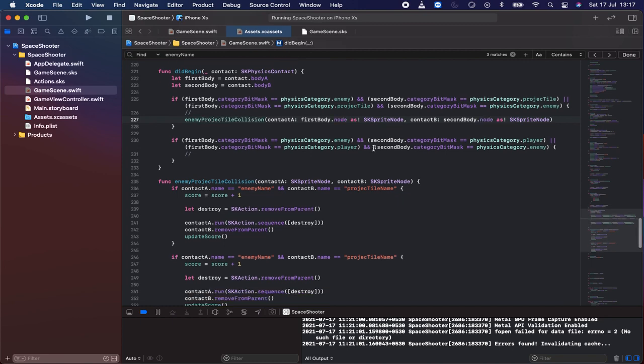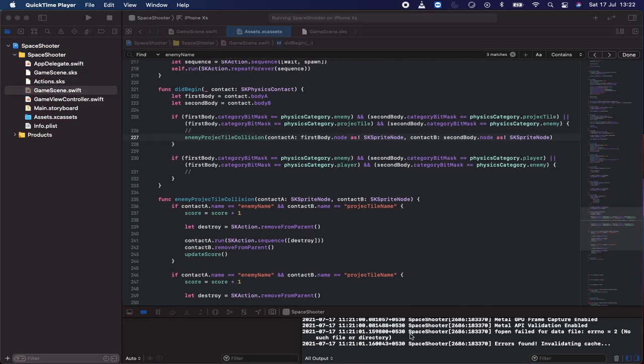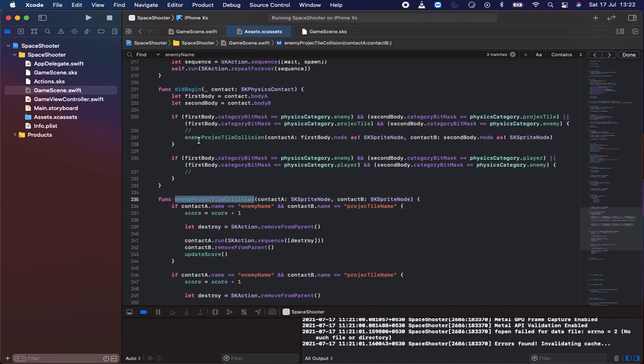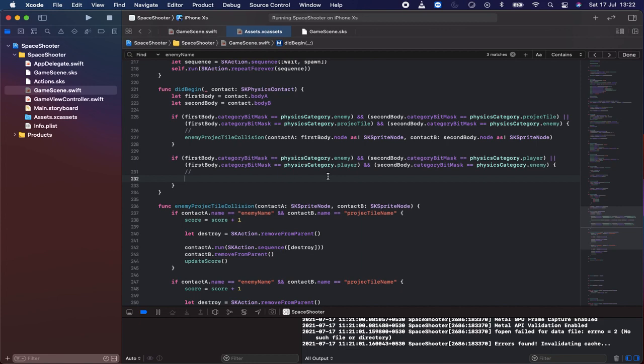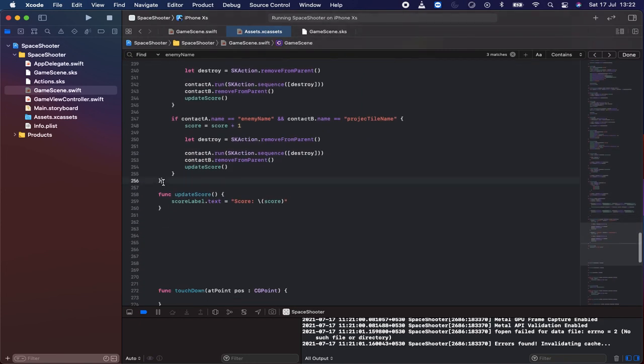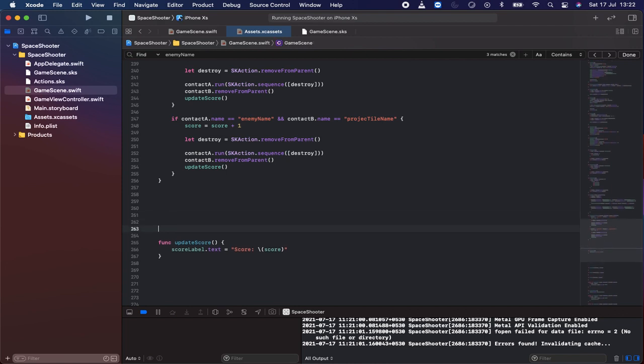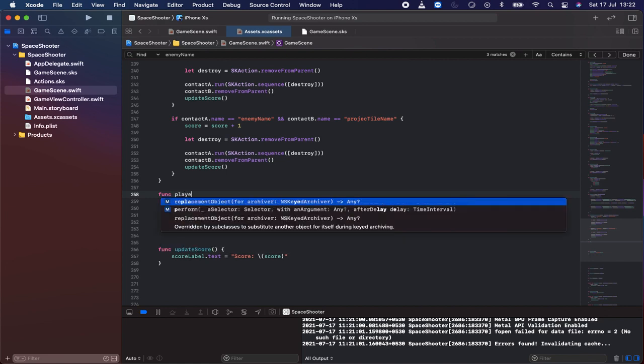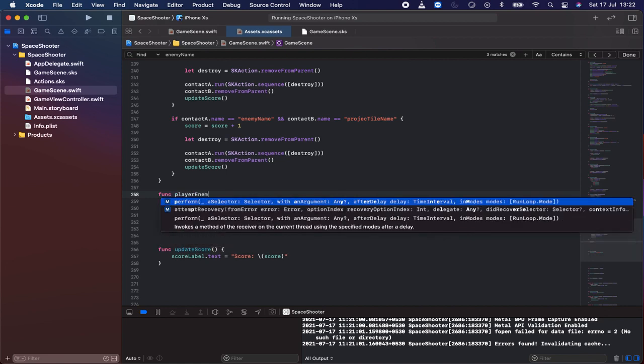Right, here we go. Now we have just done the enemy projectile collision here, and this is for when the enemy and player get collided. So we're going to write another function for player and enemy. So let's say func playerEnemy